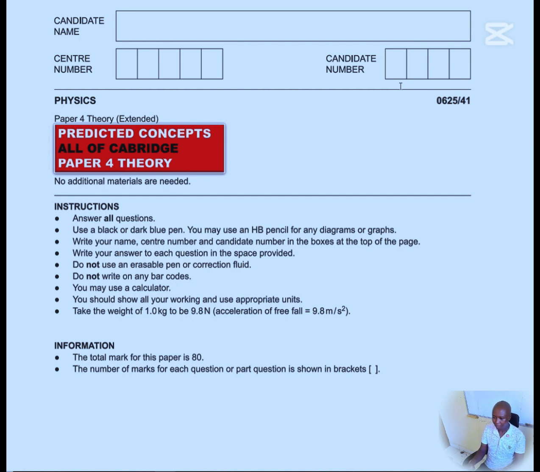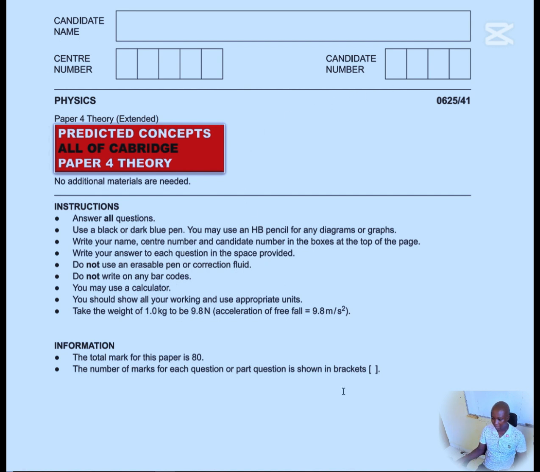May, June? Something that you need to understand is that this paper is usually about 80 marks, and is a theory and structured question paper, whereby you really need to understand the concept, and then you are expected to apply the concept. So you need to show your steps. It will involve calculations, it will involve description,